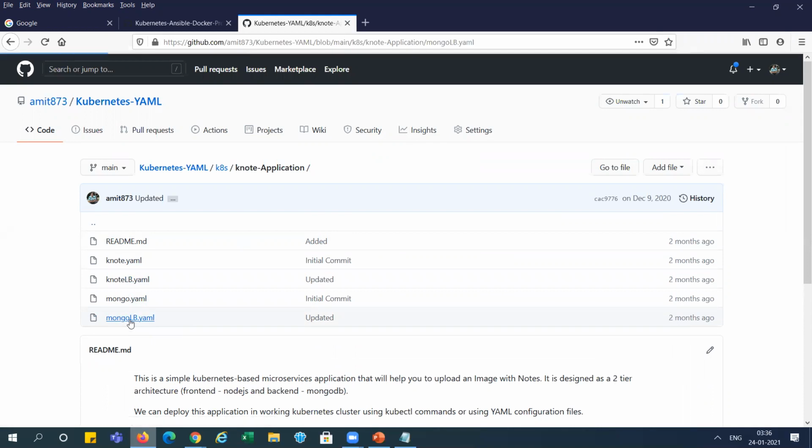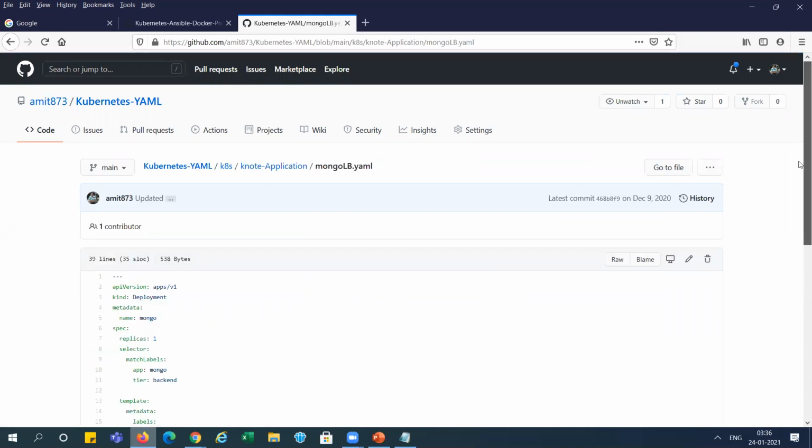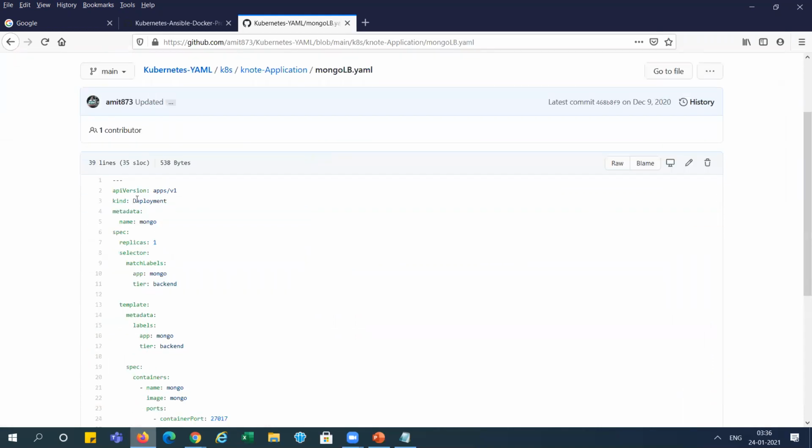First, I will explain this one because this is a backend thing, and this file contains the deployment. This is a Kubernetes YML file where it contains the tag, API version, and kind. Kind contains the type of service which we want to use, where we are using the deployment one, and this is the name, metadata name Mongo, and it is working from the backend side, right?